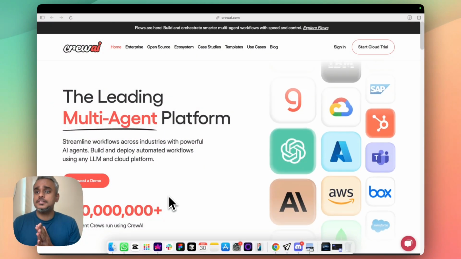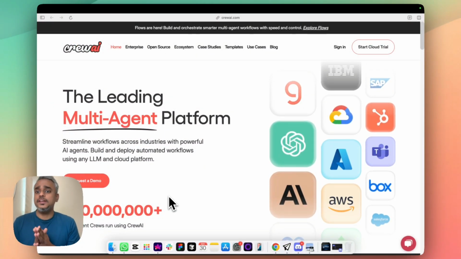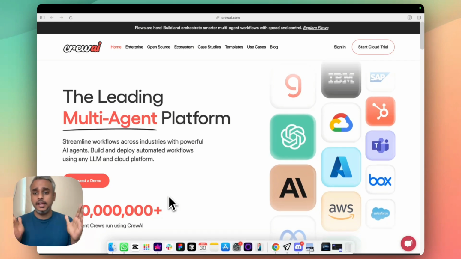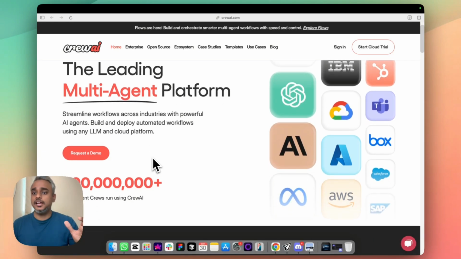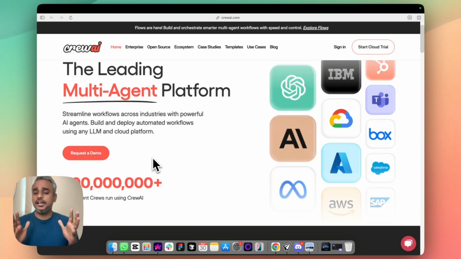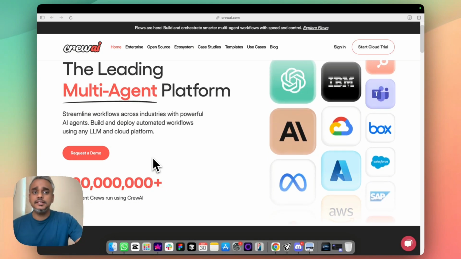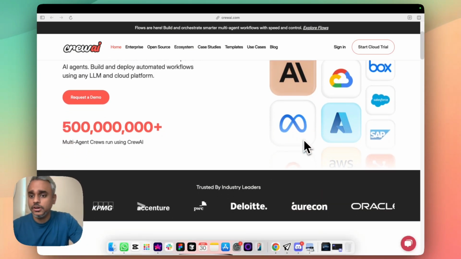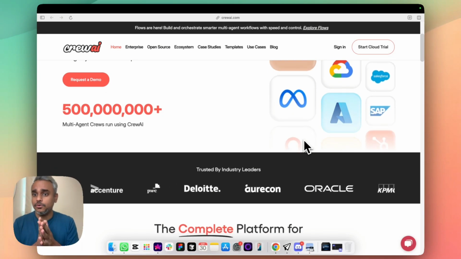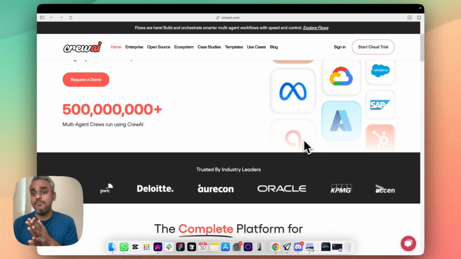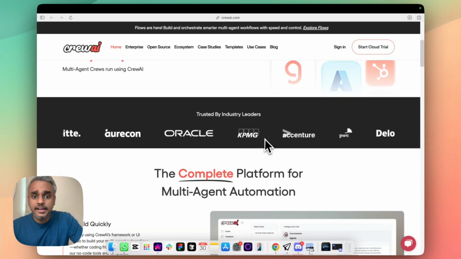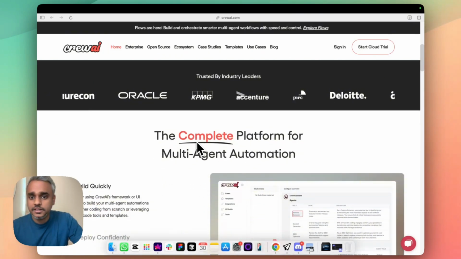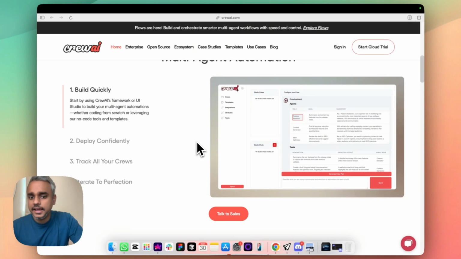Third platform in my list is Crew AI, which is more of an enterprise-driven AI agent solution. This is a multi-agent platform which will help you streamline workflows across industries with the help of AI agents. As you can see, the kind of logos that they have shown also look quite premium, and they claim more than 500 million multi-agent crews running on Crew AI. It's also trusted by leaders and big brand names that are already implementing AI agents from Crew